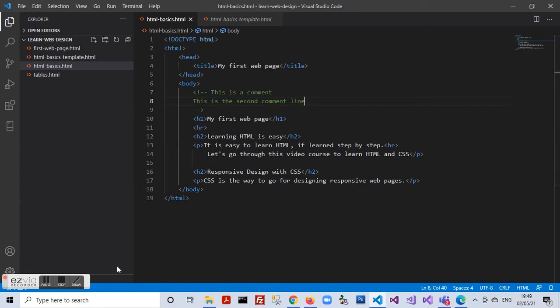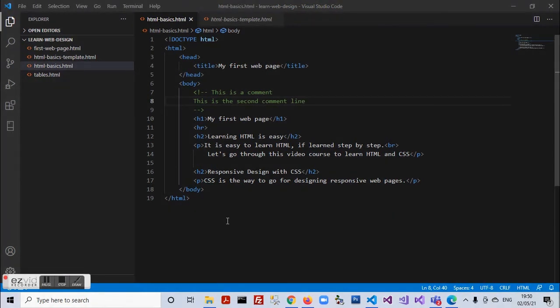So friends, this was a primer for the HTML page structure and few of the elements and tags we need to put in to start with the basic web page. In the next lecture, we'll be taking up element attributes and some other elements.